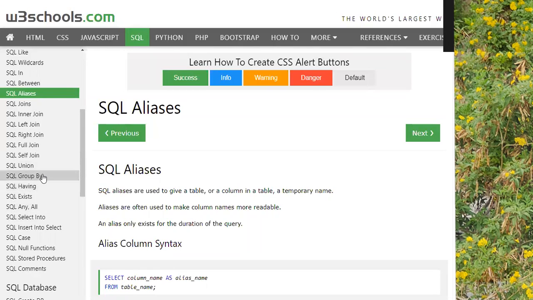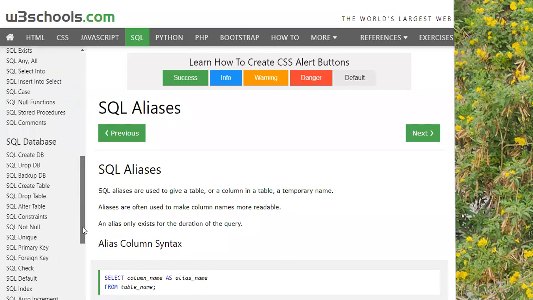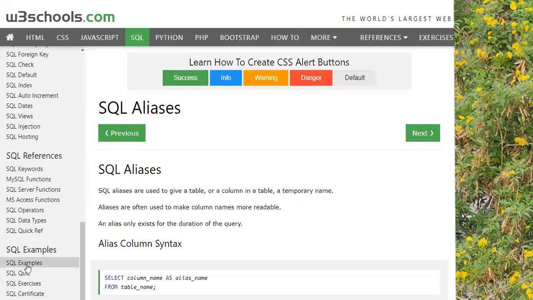You can see on the left, as told earlier, this is the recommended site, w3schools.com, and then go to the SQL tab, or you can just write /SQL, okay? I find this very user friendly for beginners learning the SQL language. And on the left, topic wise is given, where you have the syntax and examples. And if you go to the end, you have got more examples. See SQL examples, there is a quiz also to evaluate yourselves whether you have understood the lecture or not. Then you have exercises, you have a certificate.